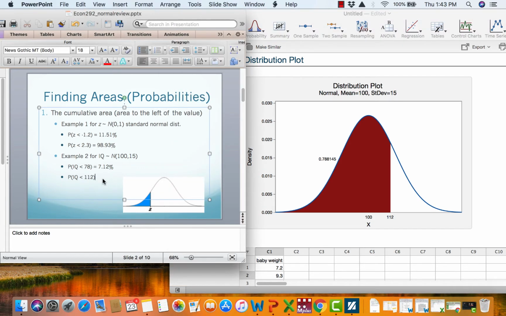is 78.81%. Okay, we only look at the 4. The 4 does not round the 1 up, so it stays a 1. All right,